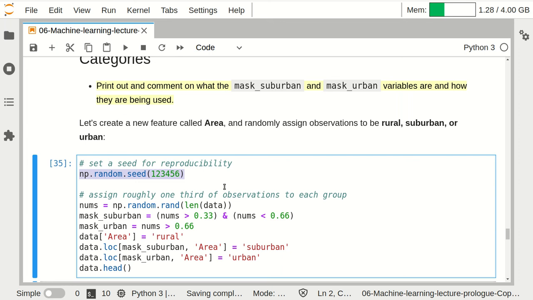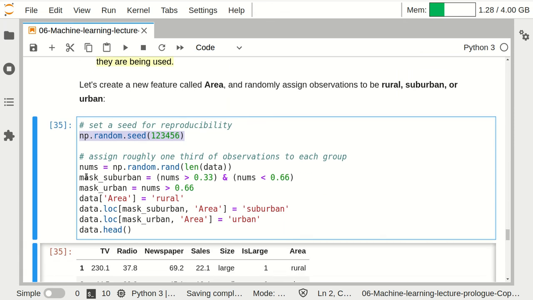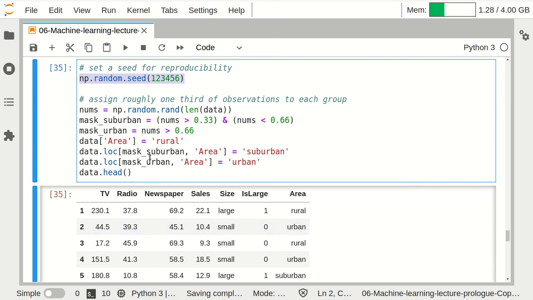But if you're really rerunning code and playing with things a lot and doing things out of order, you might end up finding yourself needing to set a random seed just to control things a little bit more. But anyways, I say print out and comment on what the mask suburban and mask urban variables are and how they're being used. So I create these mask suburban and mask urban variables here, and notice everything is run,